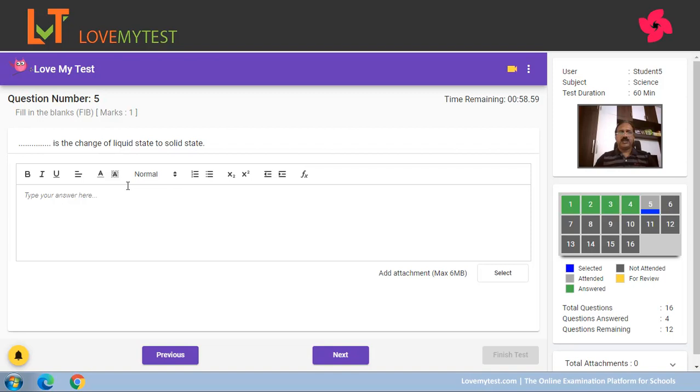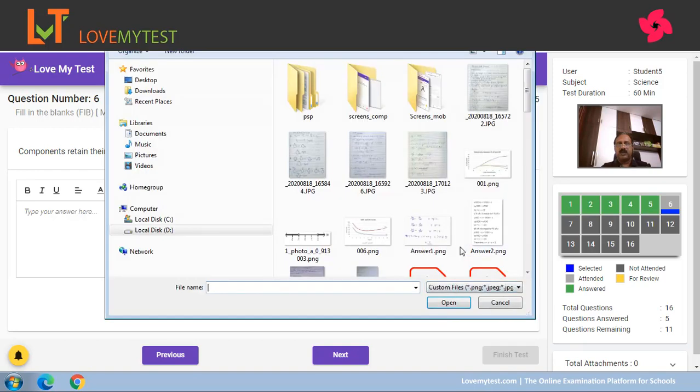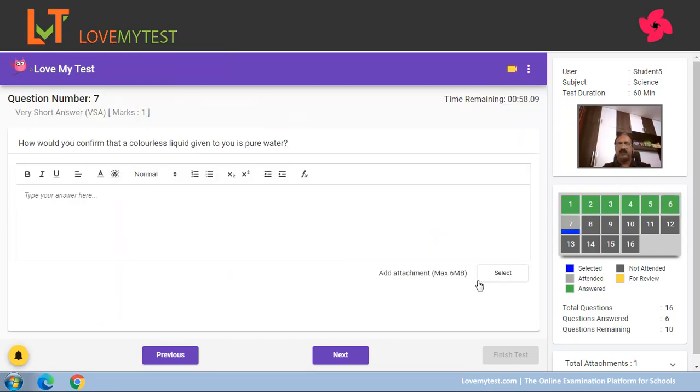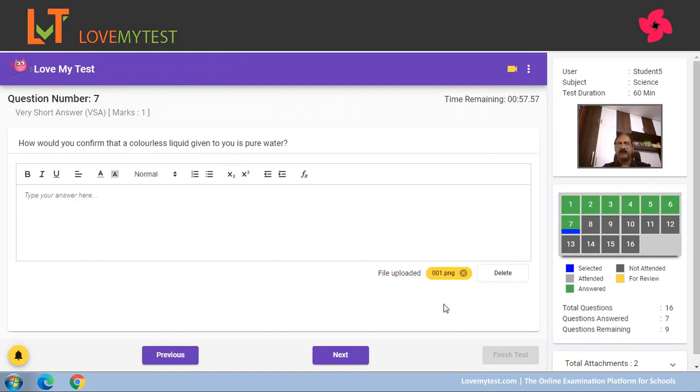For subjective questions, you have the option to either type in the answer or write your answer on paper and take a photograph of that. So you can type your answer here. Here we will upload a photograph. If you are using your laptop, you will need to bring your photograph or the image here to upload. If you are using a mobile phone, when you click on select, your camera will be active and you can take a photo directly and upload that. You can upload up to 5 images on this page.